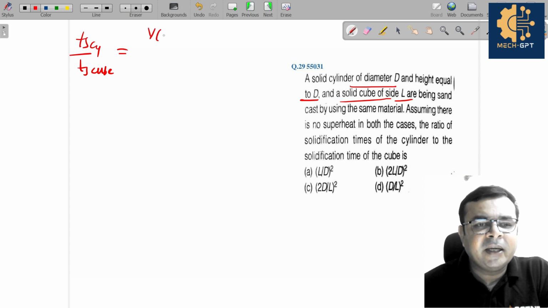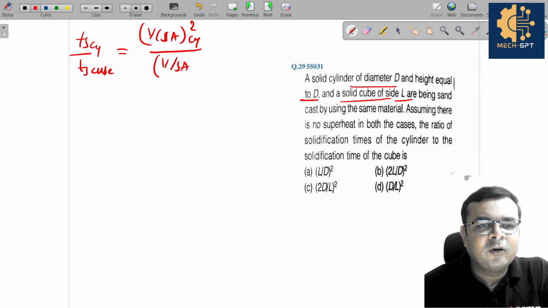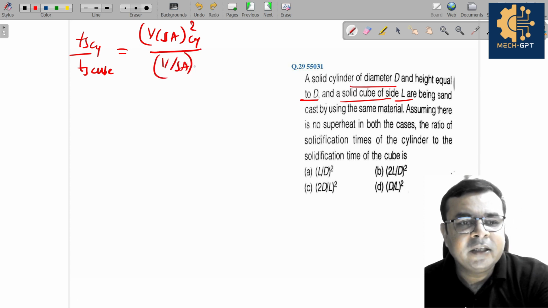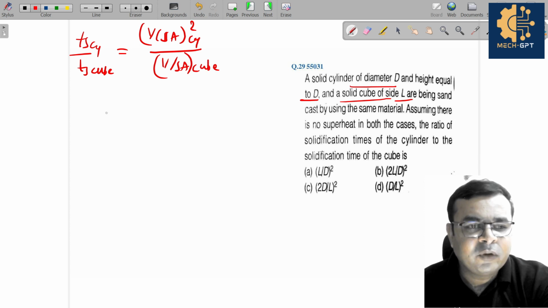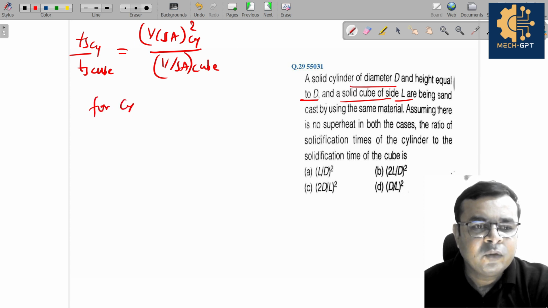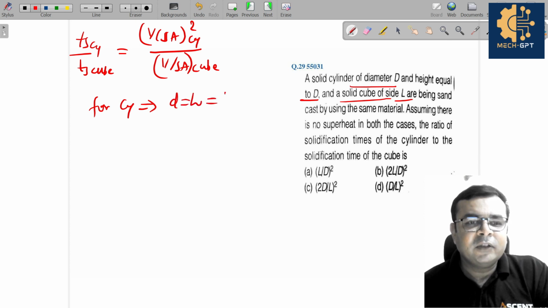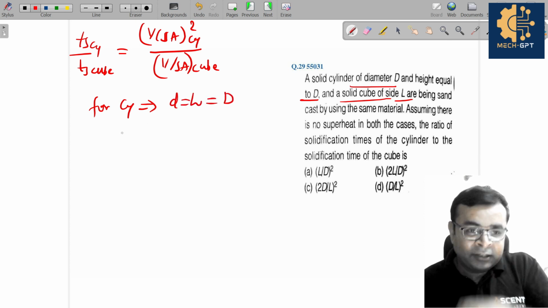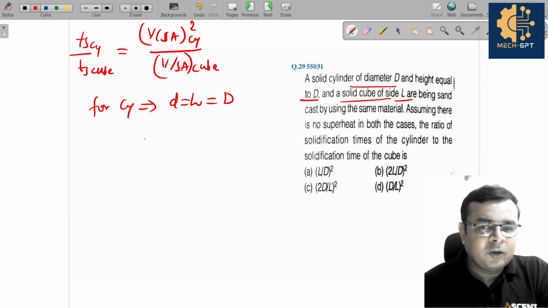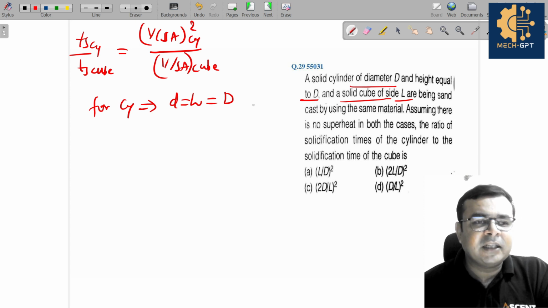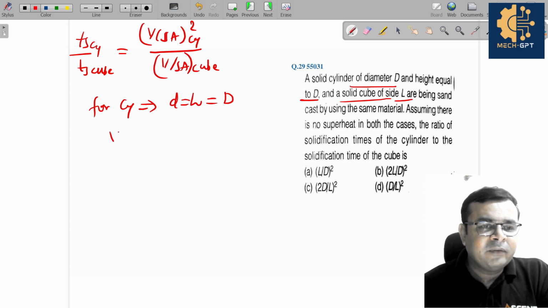So can I say V by SA whole square of cylinder over V by SA whole square of cube? And you can see here for the cylinder the diameter is equal to height, yes or no, which is equal to D. Is it clear? So if I assume this is a casting, obviously heat is transferred from each side. So the V by SA